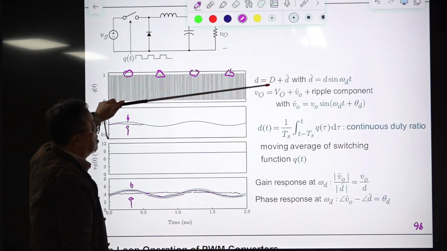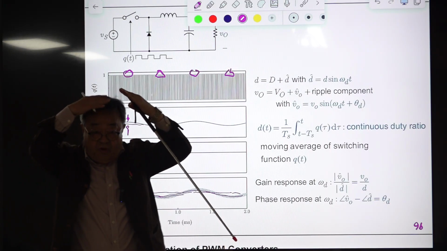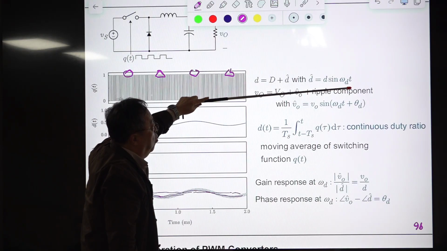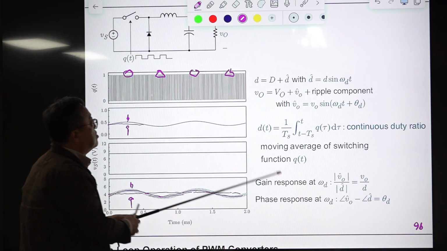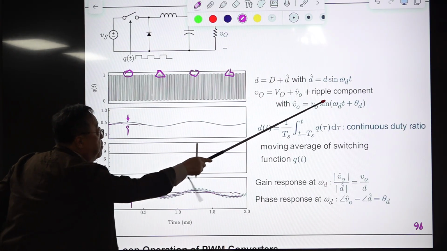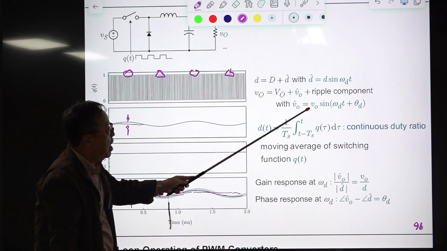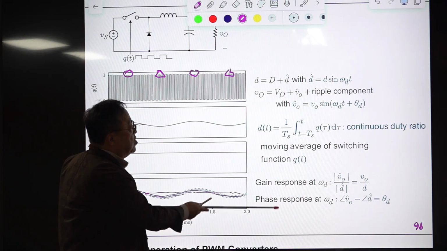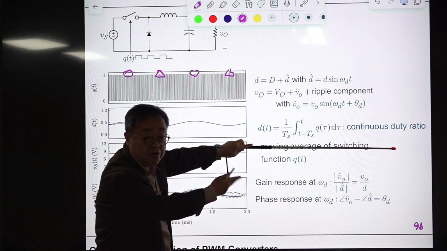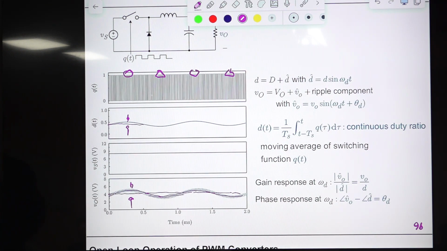D is varying. This is the constant, and the D hat is the hat you are wearing, right? So you are putting it on your head. This is a hat. So D hat cos omega t. Then our output voltage will be DC plus ripple component, and we ignore all of them. And this is the AC component, the sinusoidal component, at the same frequency with different magnitude and phase delay. And this continuous duty ratio is very critical here. You are modulating this duty ratio to get this gain response and the phase response. This is the conceptual